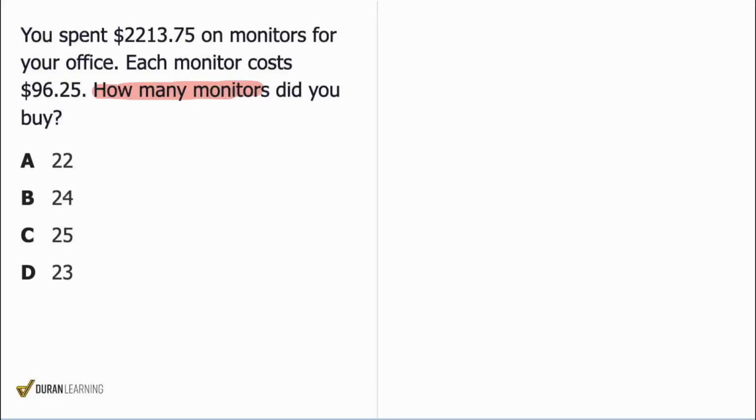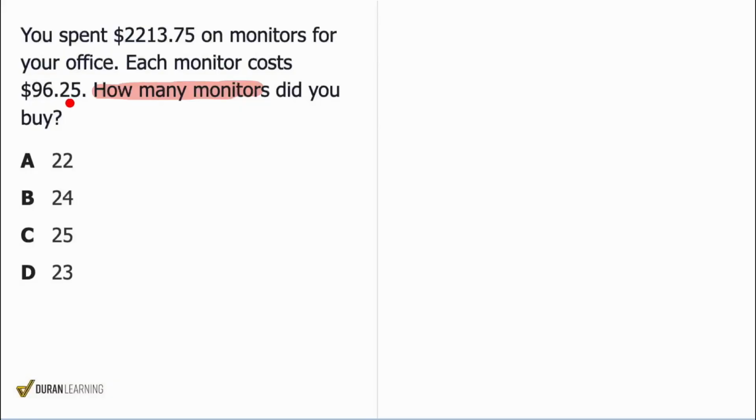do is, well, yeah, we're dealing with some rather awkward numbers. We have 6 total digits here, and we have 4 here. I really hope we're not multiplying, right? I really, really hope we're not multiplying. So when we take a look, it says, you spent this much money on monitors for your office. Each monitor costs